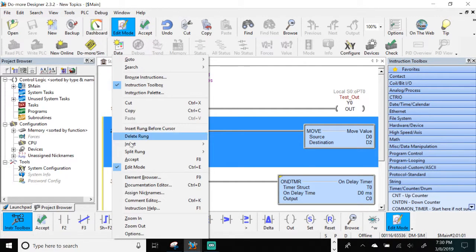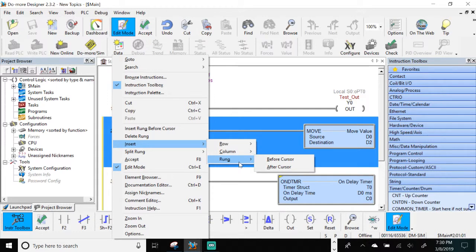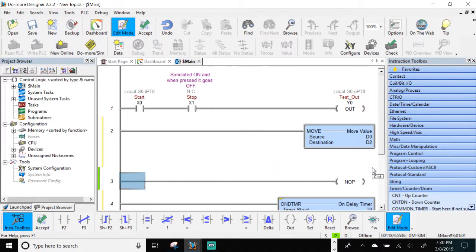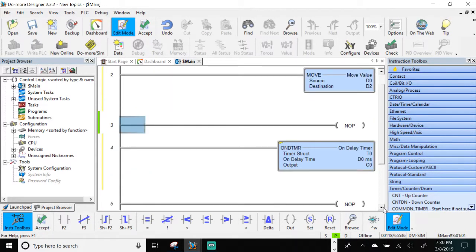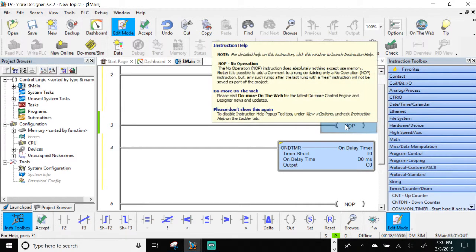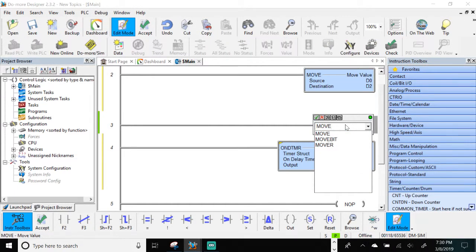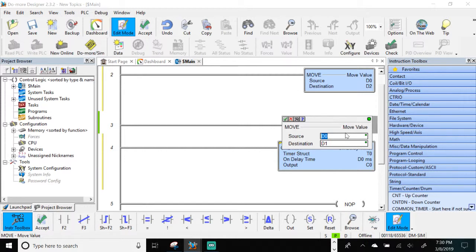So let's say I want to add a rung, insert rung after cursor. Let's do another move statement from D0 to